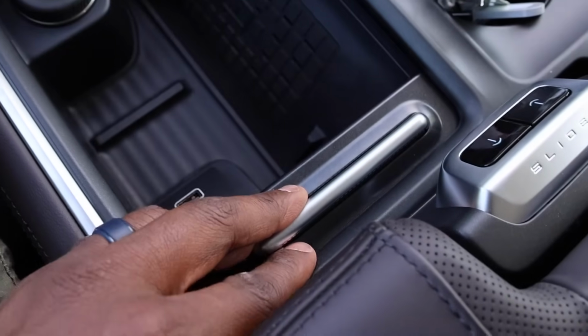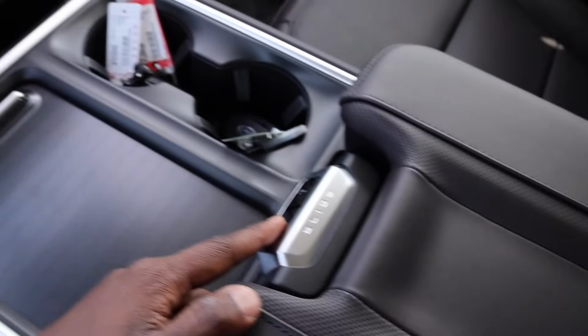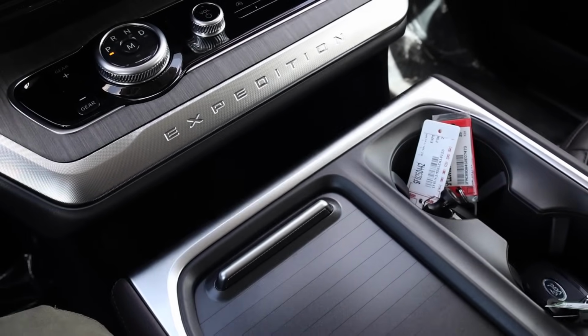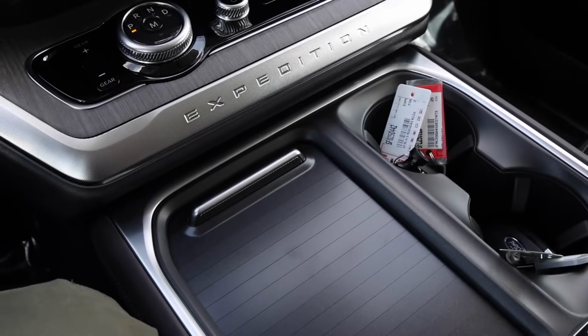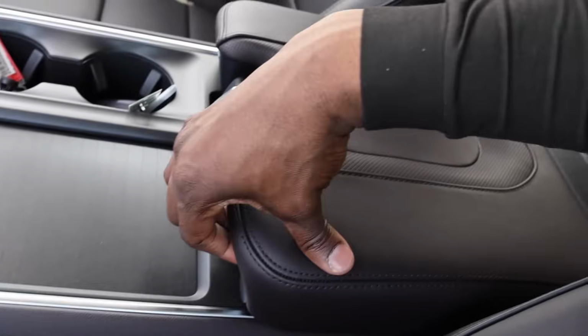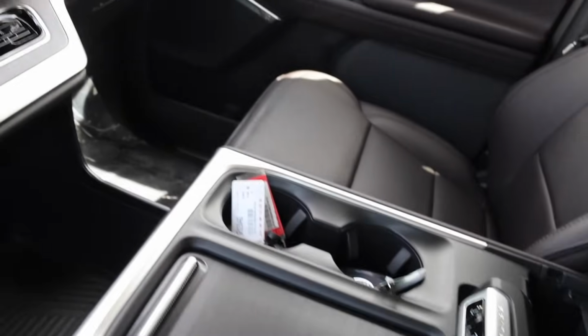We're gonna do something really quickly. You guys see the wireless charger? Ford did copy GM with this. So this does slide. Let me move the seat real quickly. You have deep storage down below, and you have this with a 12 volt. And you have 2 Type-C USBs inside of there. On this side,